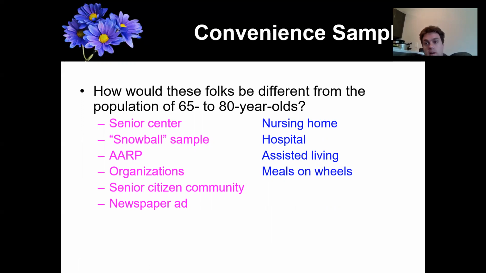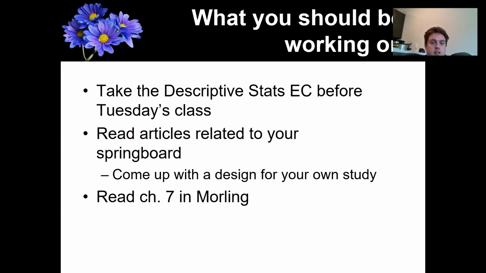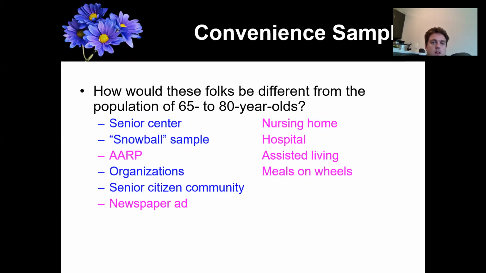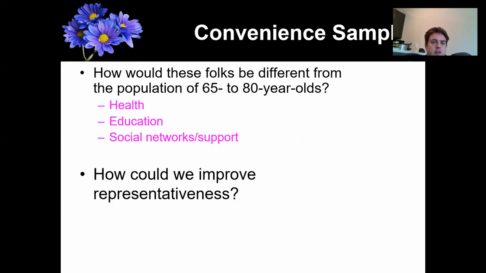So again, it's not random. Where you pick your sample from can influence your results because those different locations can result in differences, or we shouldn't say result in, but be associated with differences in the people who do the study. That's always an important factor to consider. So yeah, we kind of already covered that.